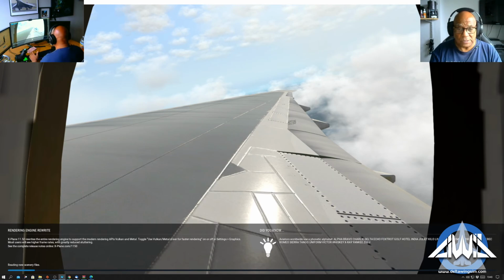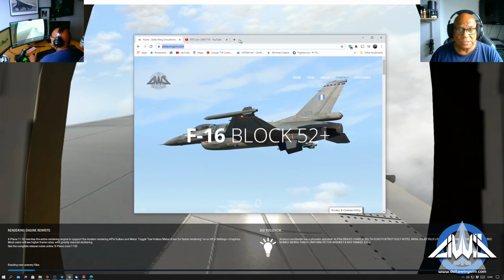Well, as always, it takes ages to move from one place to the other because of the scenery files in X-Plane. If anybody's got any questions, there's only 3 of you watching now. Anybody any questions, just shout them out, and we'll see what we can do. So once again, I'm in the DWS Sim Delta Wing Simulation